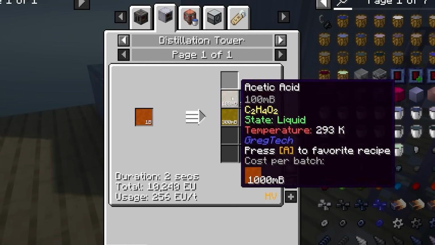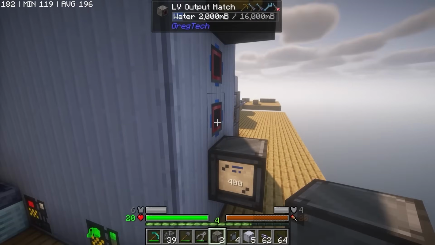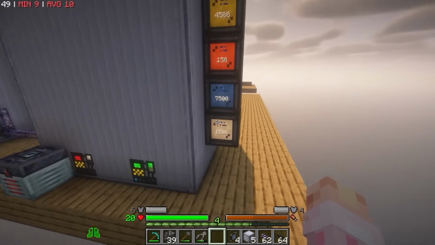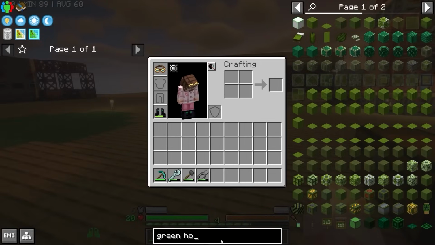Wood vinegar itself then gets its own distillation at 6-tall to produce some acetone and other useful resources, except for water for some reason. I have no idea how water makes it through the process of burning logs, but sure, it's in there. Now this is great and all, but we still don't actually have a supply of logs yet,